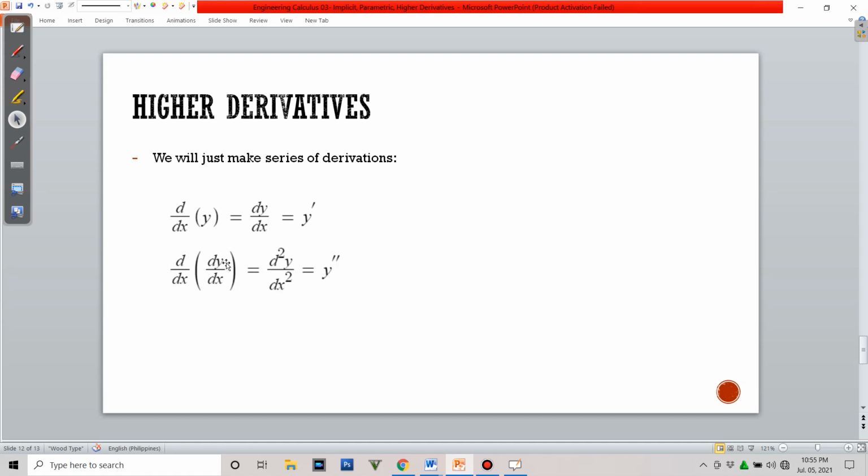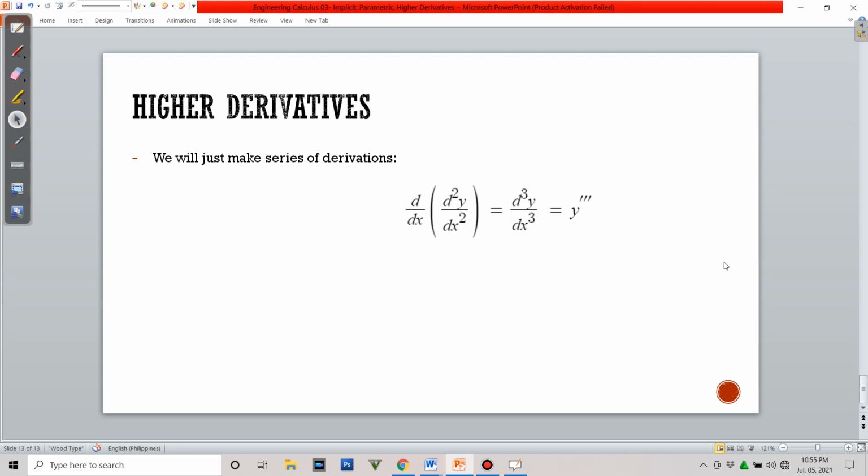And deriving dy over dx, or the y prime, becomes y double prime. And deriving y double prime becomes y triple prime, and so on. So this can be applied on either general form, implicit form, or parametric form,